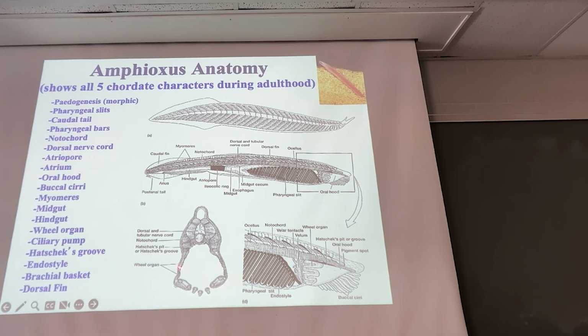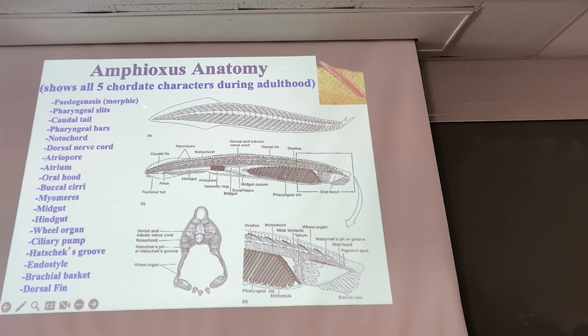And we'll also look at cross sections through certain parts of their body. And I have a really good atlas online for that also that I made a while back that labels everything for you. So you'll see all of these characteristics or anatomical structures in lecture and lab. The first term up here is